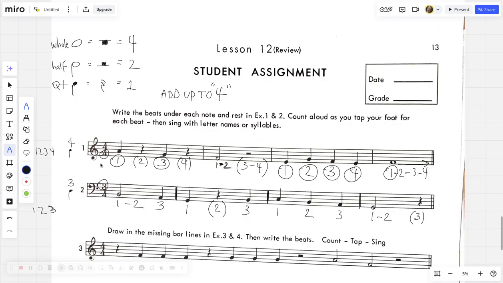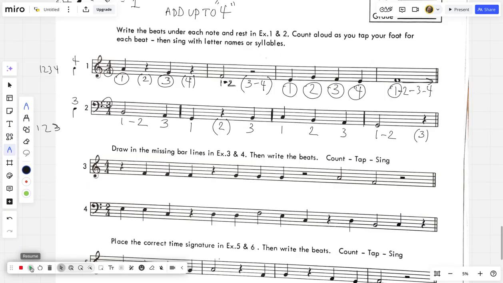Alrighty? Let me pause while I switch the screen a little bit. I noticed something interesting in the directions. Write the beats under each note and rest in exercise 1 and 2. Count aloud as you tap your foot for each beat. Then sing with letter names or syllables. Okay, well that's interesting because